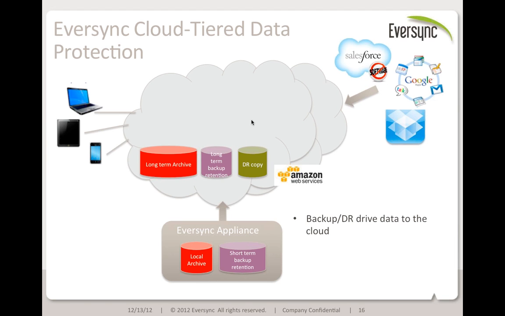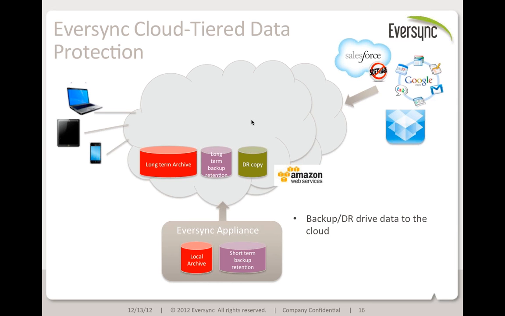And finally, because we believe that archive is an important component of a data protection strategy, we're going to develop options to pull SaaS application data into the cloud archive, the long-term archive. Of course, applications like Google and Salesforce and Dropbox provide backup and disaster recovery and availability solutions as part of the SaaS solution. So you don't necessarily need to back that data up. But there are some of our customers who do want to have one authoritative copy of their data, especially for long-term archive purposes and for retention.